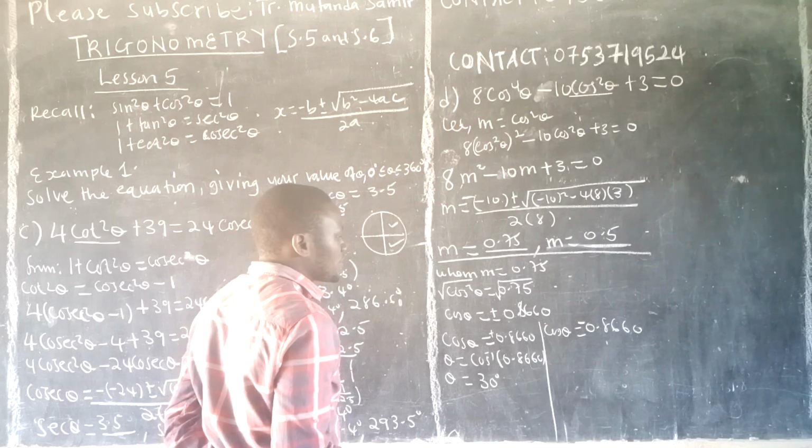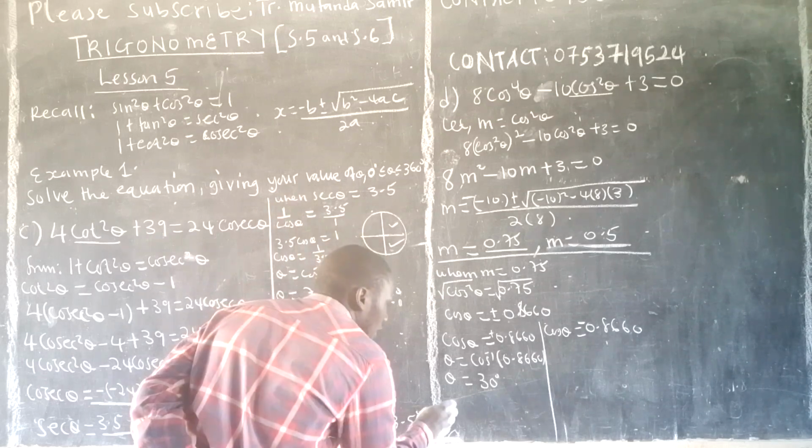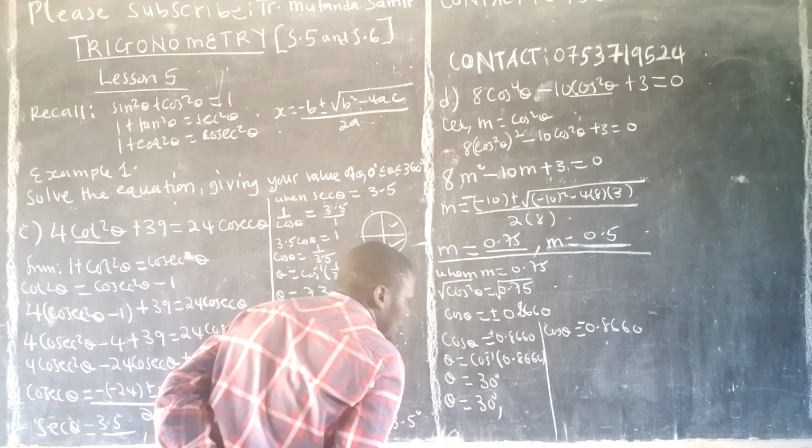After getting the 30, we respect the range. Where is cos positive? Cos is positive in the first and fourth quadrants. So theta will be equal to, in the first quadrant, theta, which is 30. In the fourth quadrant, 360 minus